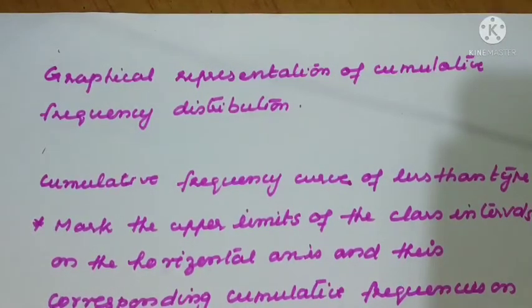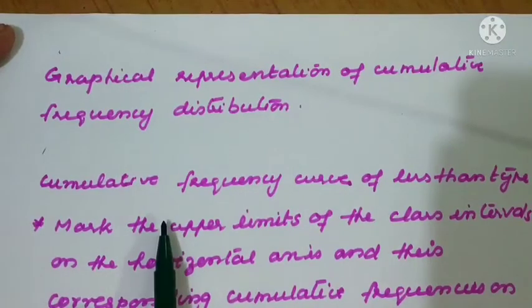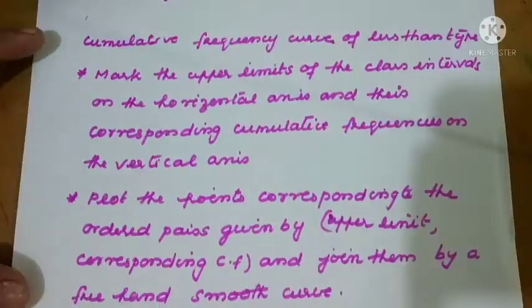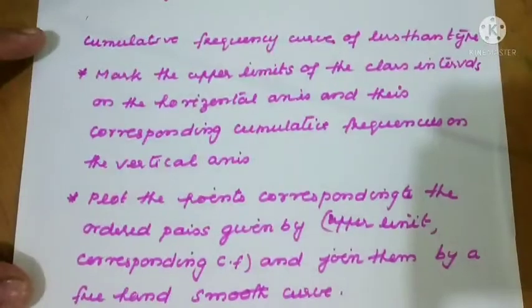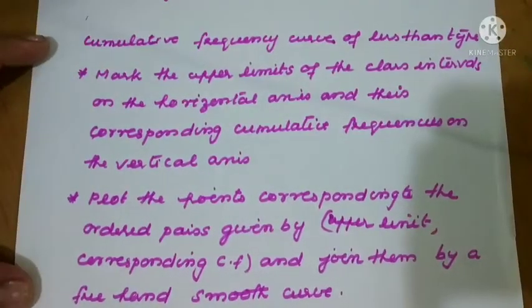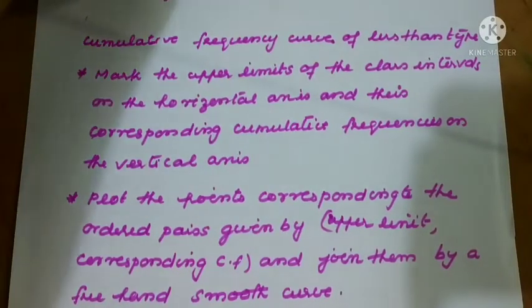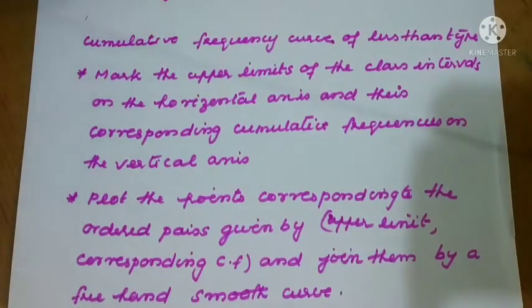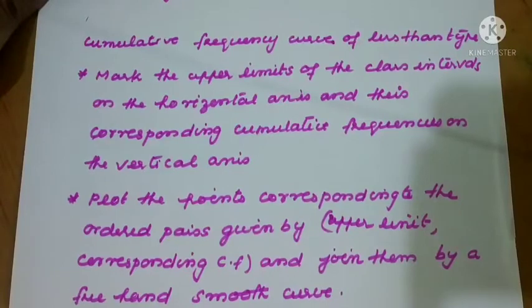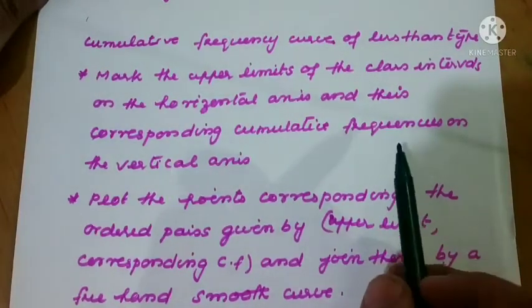The cumulative frequency distribution comes with one of the measures of central tendency, that is median. Now let us see how to represent this. Cumulative frequency curve of less than type. The first one we are learning about is a cumulative frequency curve of less than type. We already saw how, when a less than table is given, to convert it into the original class intervals. Like that, this time we have to convert a cumulative frequency of less than type.